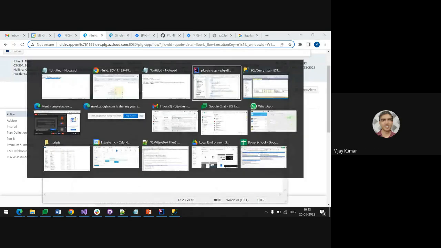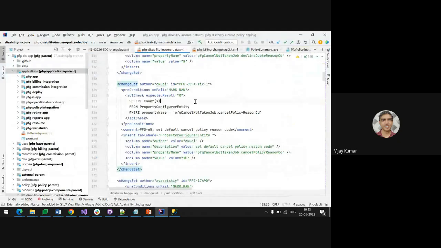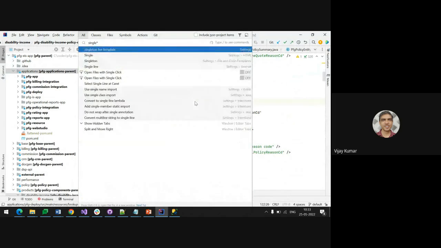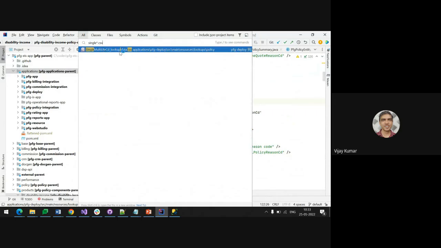Let me show you in your code how to do that, and it's very simple. There are two tables they are using to do all these things. Single star dot csv. This is your CSV file. Single multi life code underscore lookup